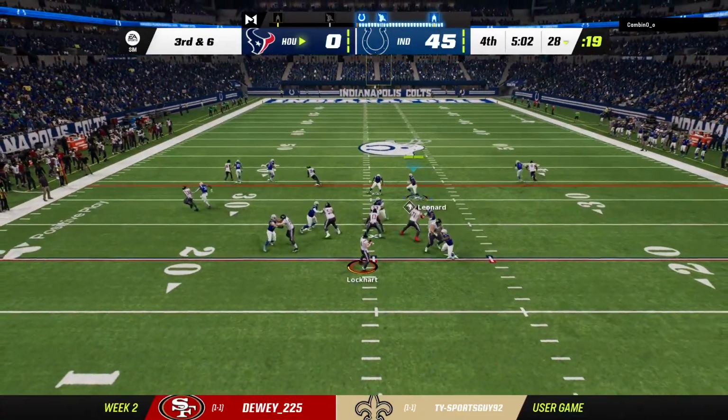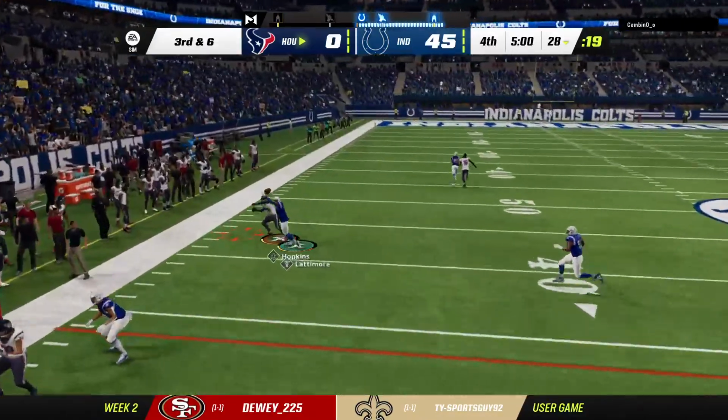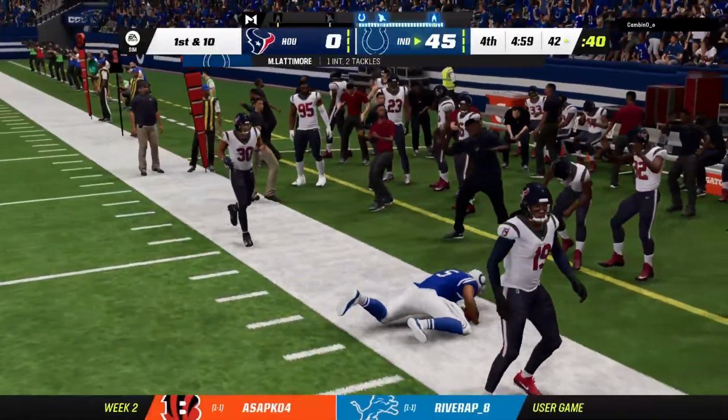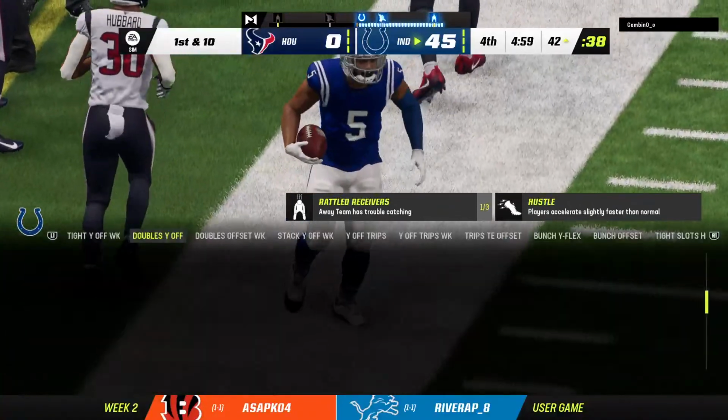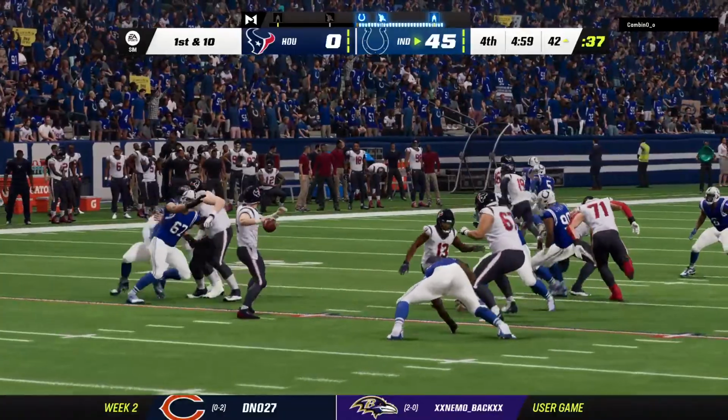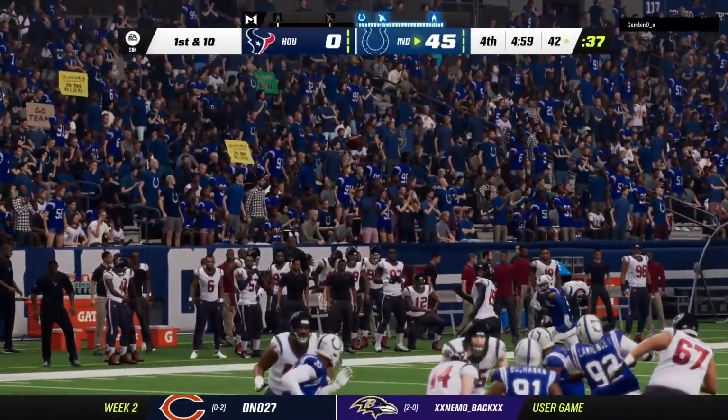On 3rd down, Lockhart. And my goodness, another interception. Picked up by Marshawn Lattimore. Yet another mistake after the interception there. And gosh, you look up at the scoreboard, they just got to be thinking this one cannot get over fast